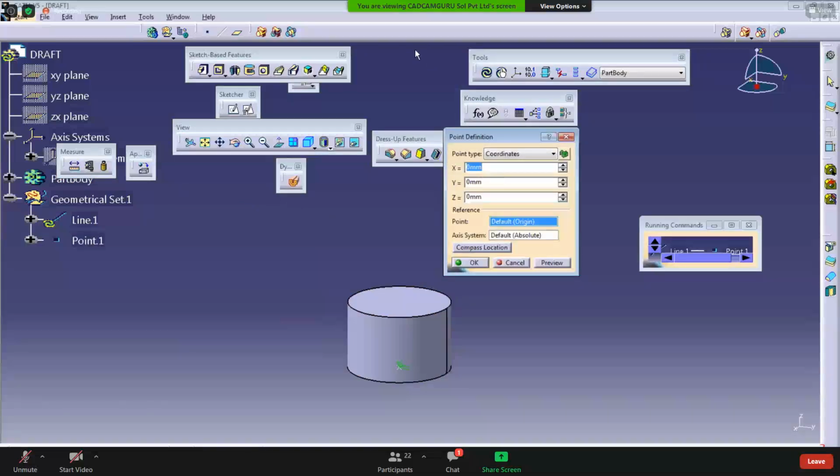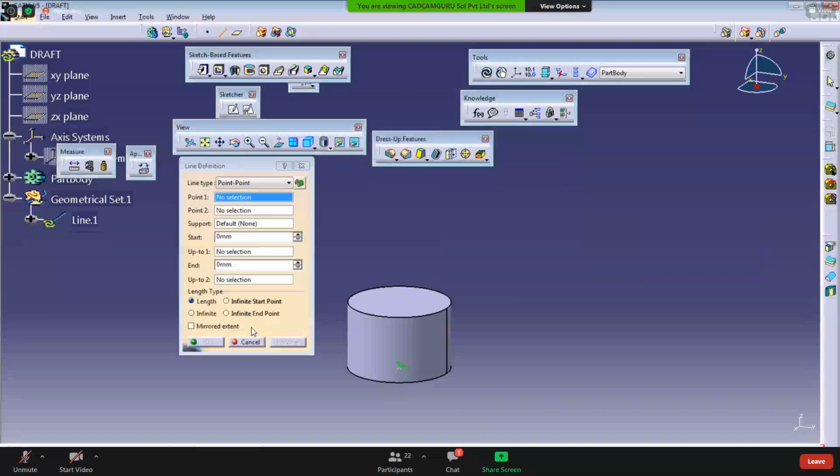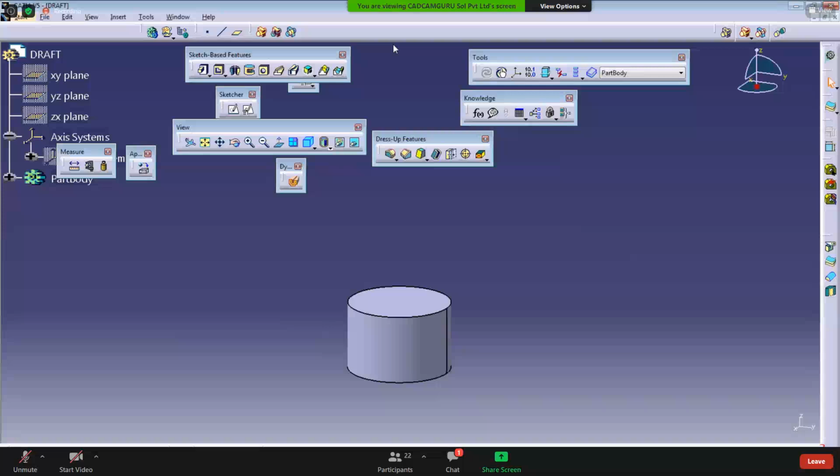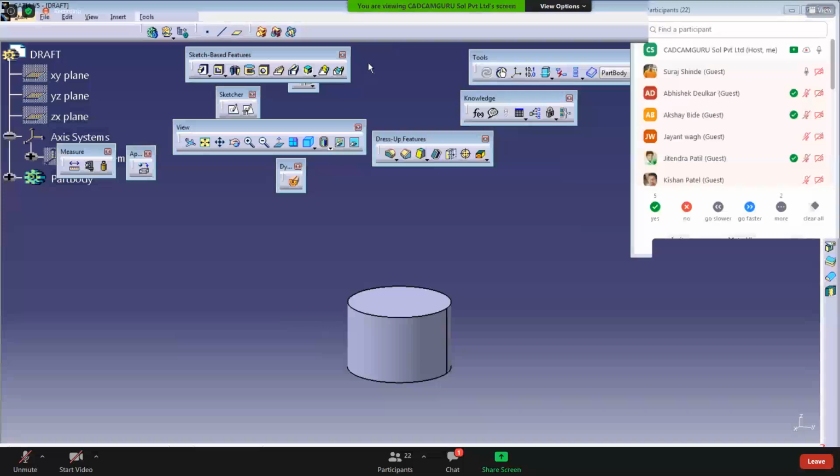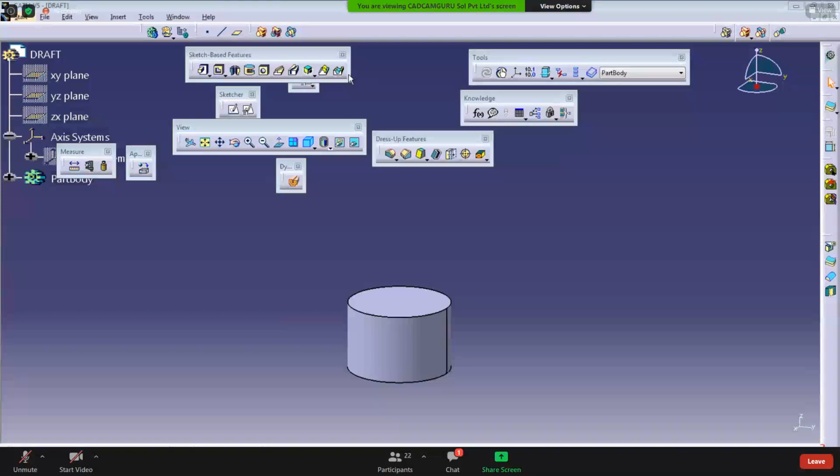Not visible to you. Please check all of you. Are you able to see the screen? Yes, sir. Yes, sir. Yes. More, sir. My friend. Second, I'll share. Check now. Shubham.